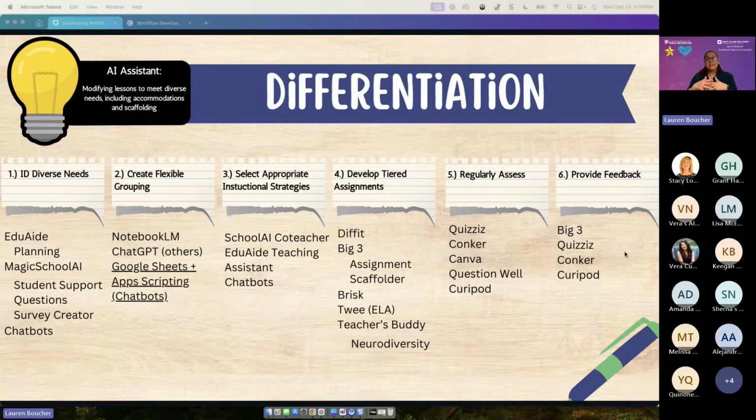So anything that you create in CurryPod between now and November 9th, even if it is a paid feature, as long as you create a lesson with it, you get to keep that in your lesson library and use it even after November 9th. So again, between now and November 9th, I would just be making all the stuff and have it in my library so that I can access it once it all goes paid again.